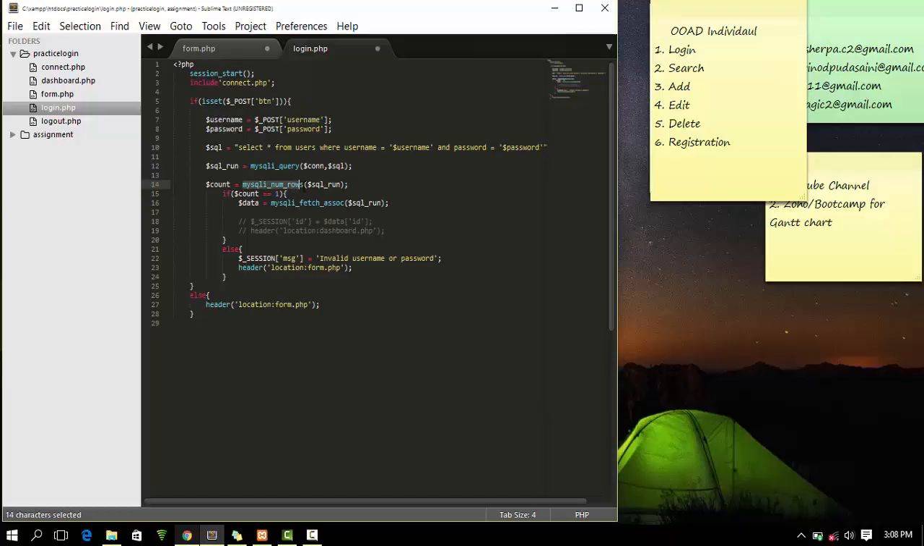What mysqli_num_rows does is it counts the queries. I have also given a condition: if $count is equal to 1, then